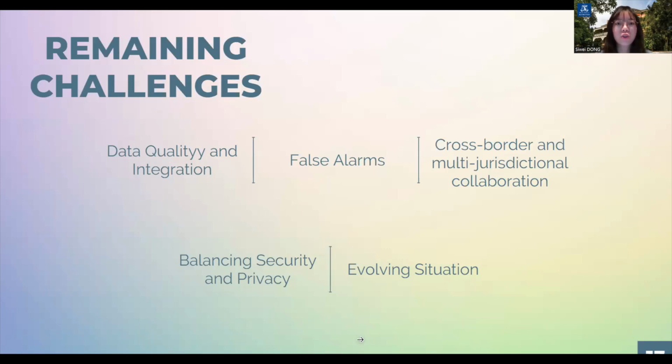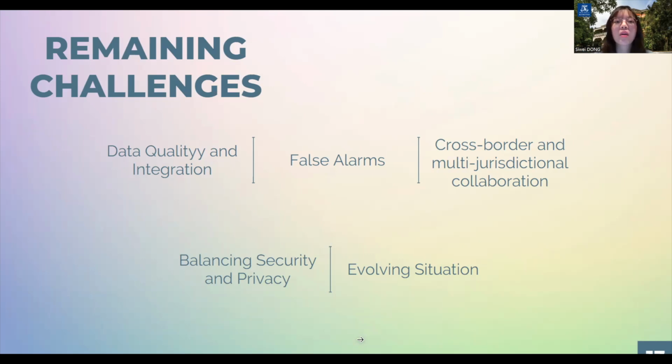Thanks, Ziye. The use of the business model canvas in detecting terrorist financing offers numerous benefits, but challenges remain. Data quality and integration are crucial for detecting terrorist financing, but inaccuracies and incomplete data can lead to false positives or missed connections. False alarms result in unnecessary process checks, wasting corporate resources. Financial institutions must minimize false positives without compromising detection's effectiveness.